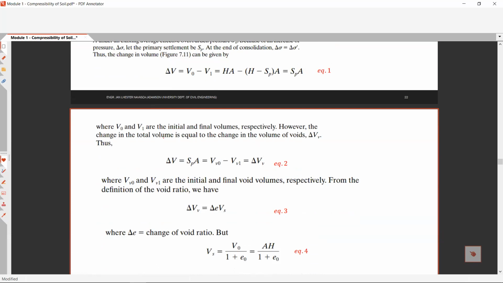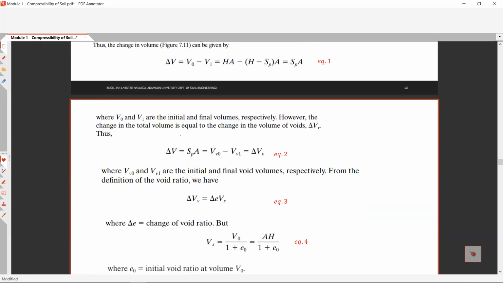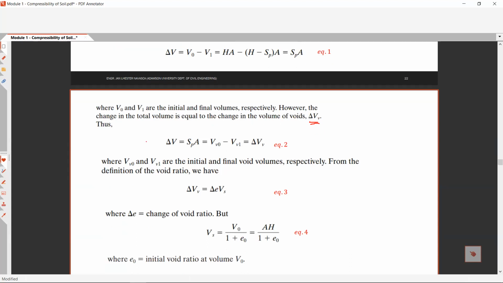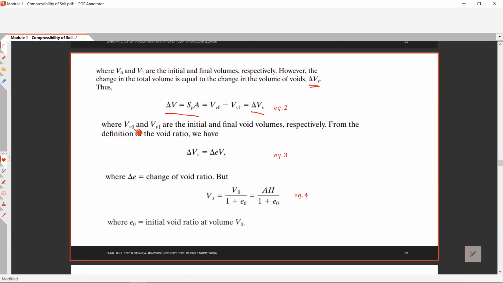However, the change in total volume is equal to the change in volume of the voids, delta VV. Okay? Just like what we did in the void ratio pressure plots, right? Thus, the change in V, which is given from equation 1, SP times A, is equal to the change in volume of voids. So, the solid particles were not reduced. Only the volume of voids was reduced, right? So V sub V0 and V sub V1 are the initial and final void volumes,